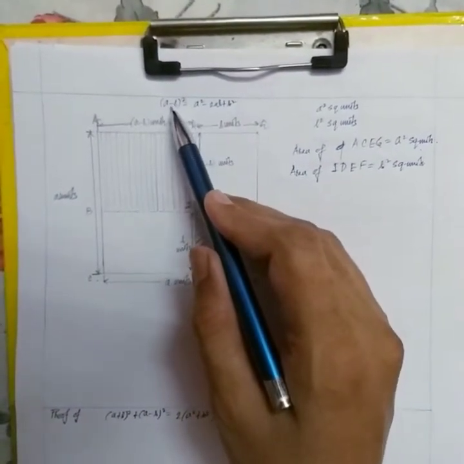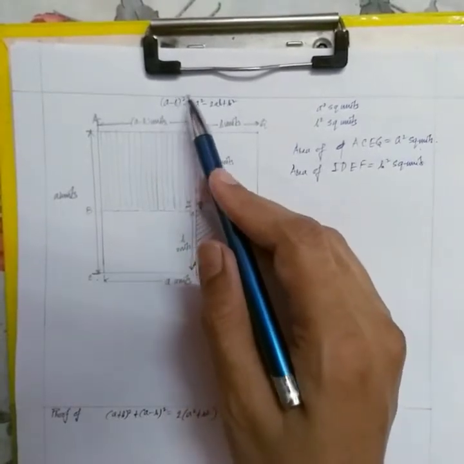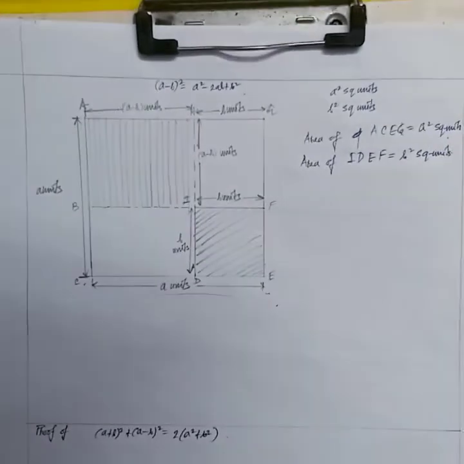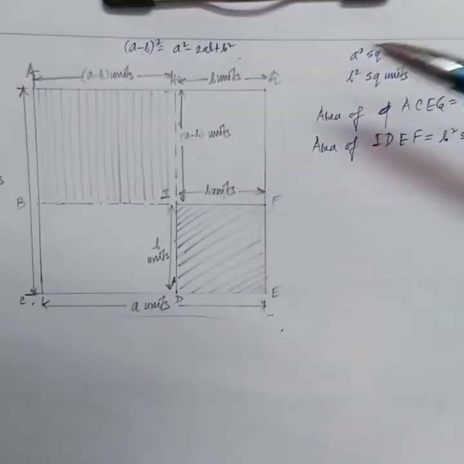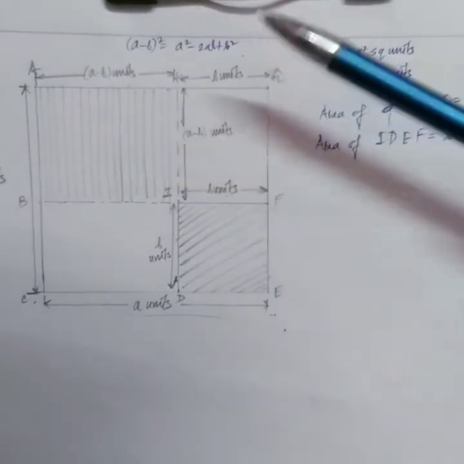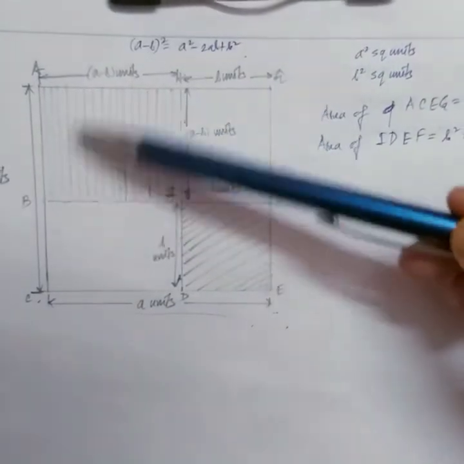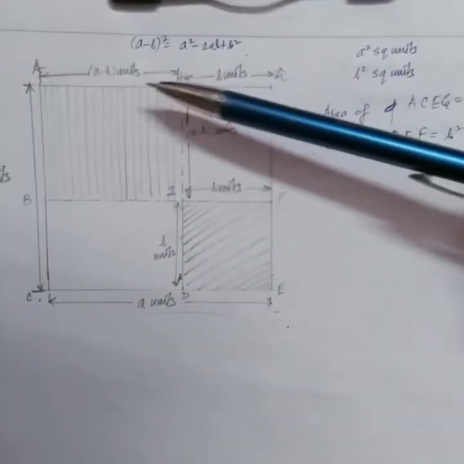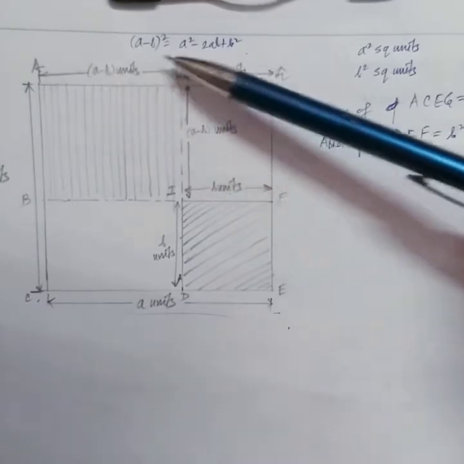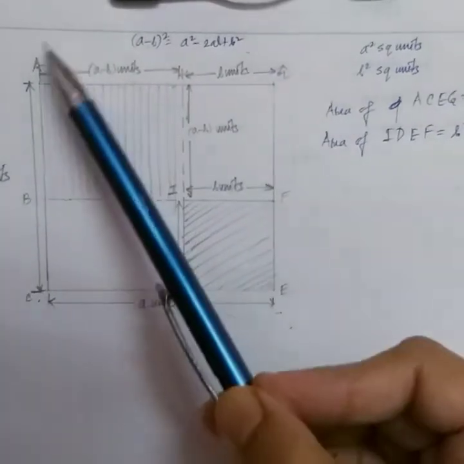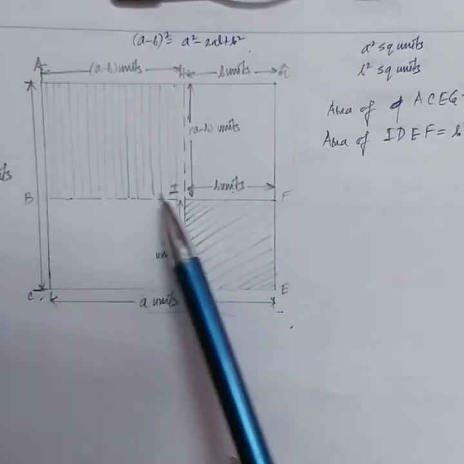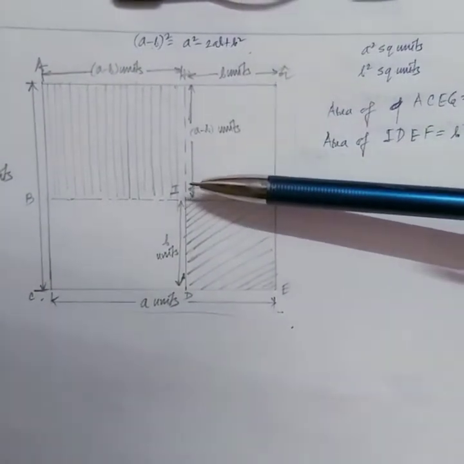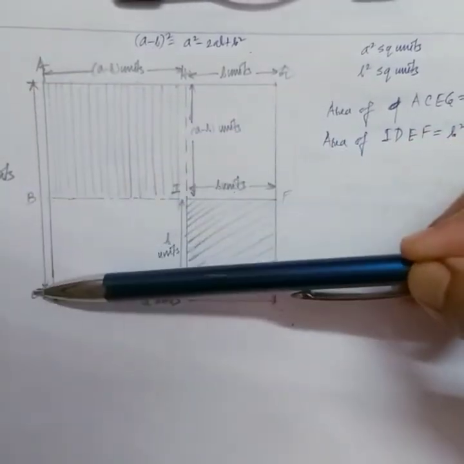Now you have to find out (a minus b) whole square. Now what is (a minus b) whole square? (a minus b) whole square is nothing but the area of a square having each side measuring a minus b. So can you recognize from the picture which square has each side measuring a minus b units? Yes, you are absolutely right. This shaded part that you can see over here, ABIH, is the square of which this side measures a minus b units, this side measures a minus b units, this measures a minus b, and this also measures a minus b.